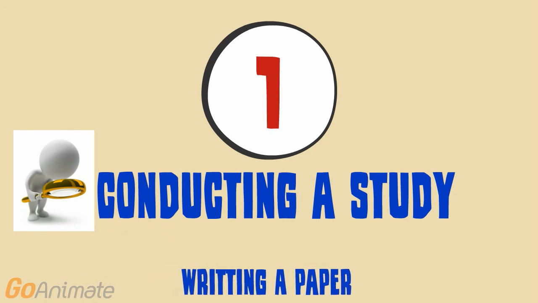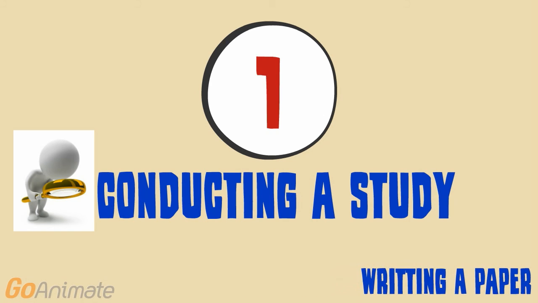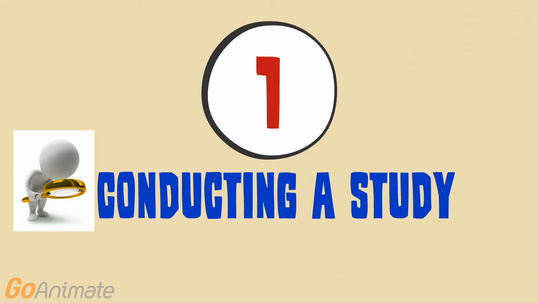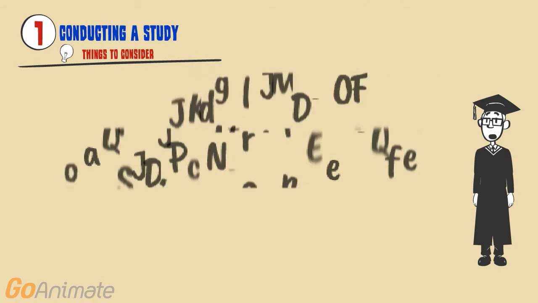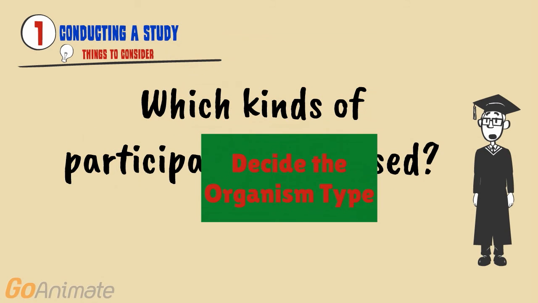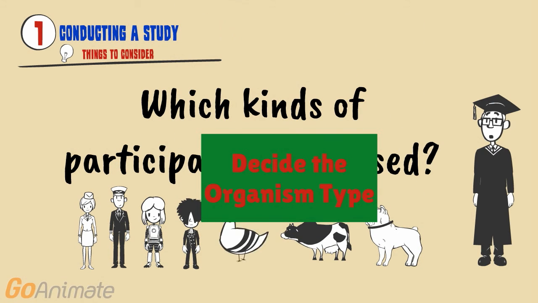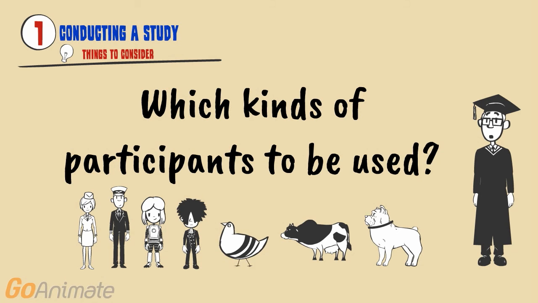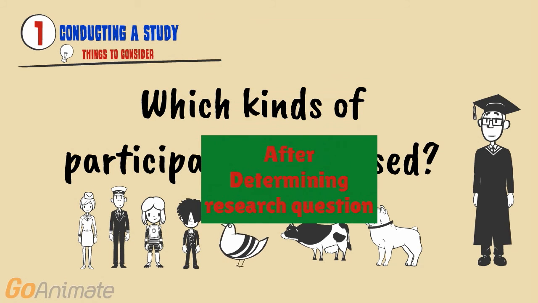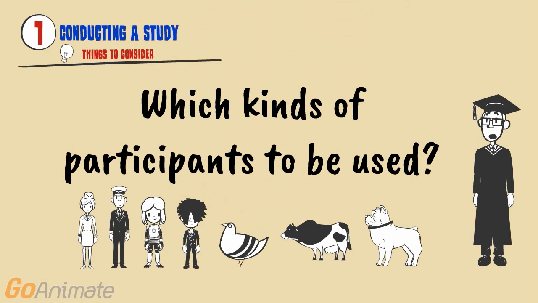In the coming video, I will talk about basic considerations a researcher should take before starting any type of study. Firstly, a researcher must decide on the type of organism to be used in his or her study. The organism that is best for testing the research problem should be used whenever possible, and it could be selected after the researcher determines the research problem and questions. While it might seem that the organism the study is being conducted on is the best choice for the study, that is not always the case.